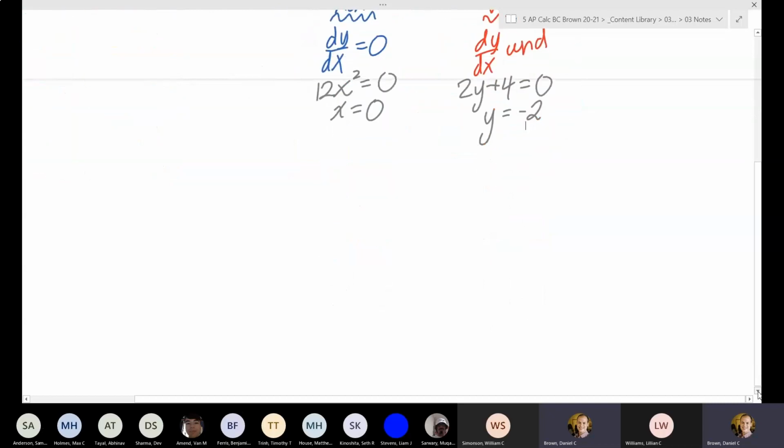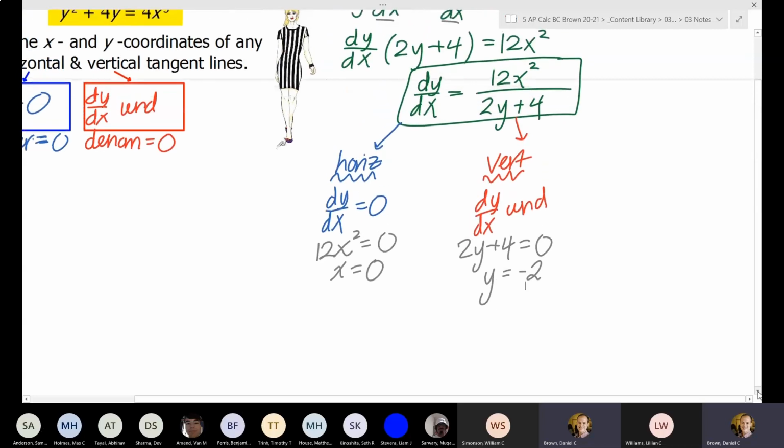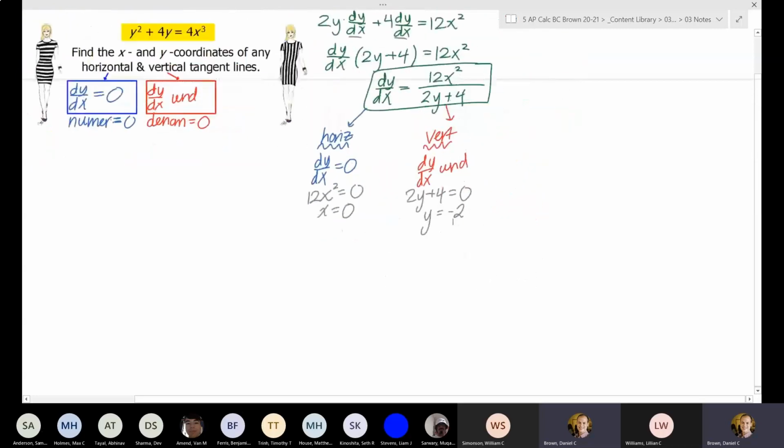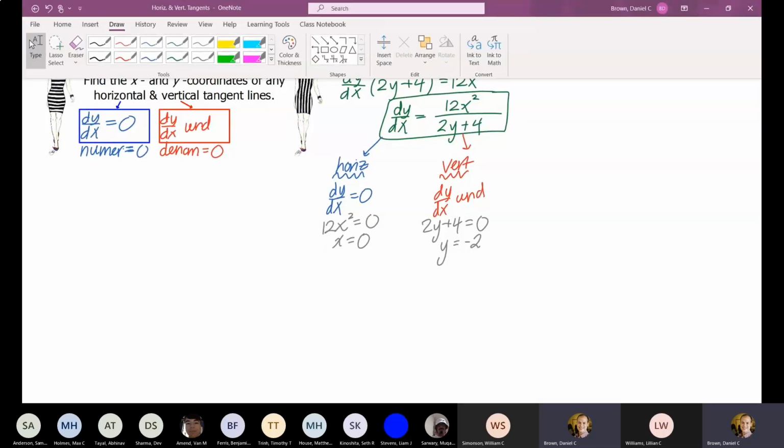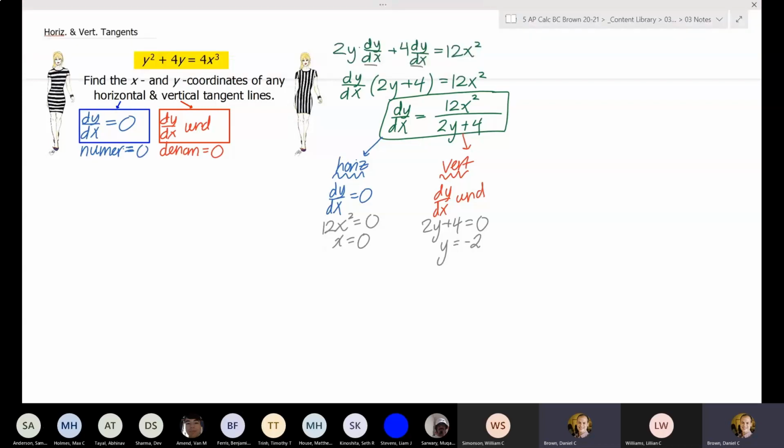Again, I keep saying it, they're not always functions. Sometimes you have more than one y for each x. So we know that we have some horizontal tangents when x is equal to 0. If I want to figure out where those are exactly, similar to how you would treat any other graph, if I have the x coordinate, to find the y coordinates that go with it, I can just plug it into the original function. So plugging that back into the original function, we have y squared plus 4y is equal to 4